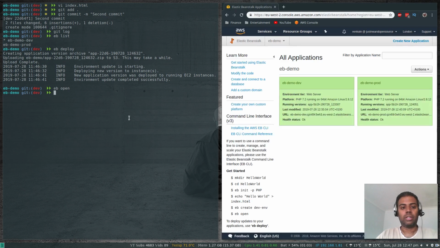That's good. And now let's switch to the master branch. So say we've done the testing, we have updated the code, we've deployed it in the development environment, and we are happy that the application is looking good. We want to push that to the production environment. Let's switch to the master branch. Git checkout master, eb list. So the environment is also switched to the production environment, eb open,